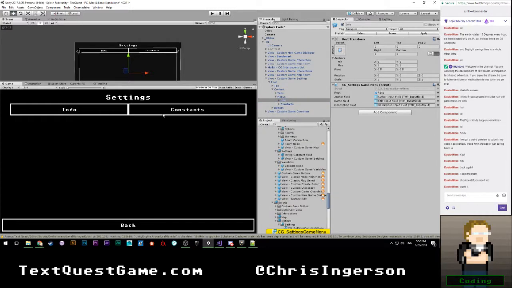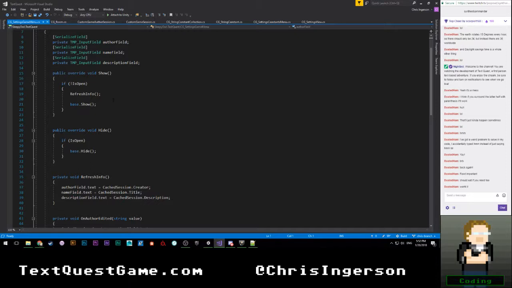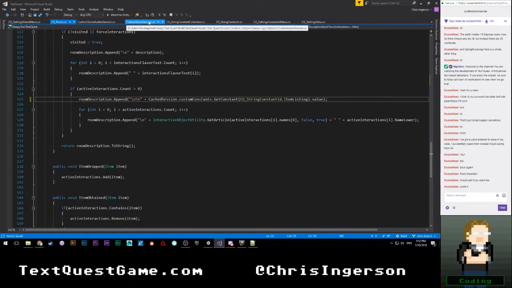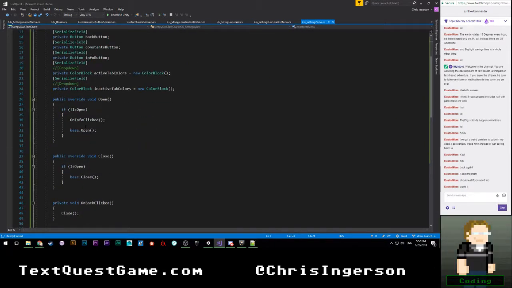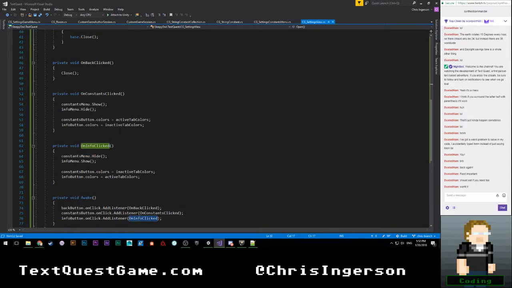I'm also going to go ahead and open this up. I'm wondering why it's not showing up. So when I show, if not is open. Okay, so that should be correct. Then why do you not actually open when I tell you to open in settings view? I call if not is open on info clicked, which should show our info menu, and yet it doesn't. And it also doesn't set our constants, or our tab colors for some reason.